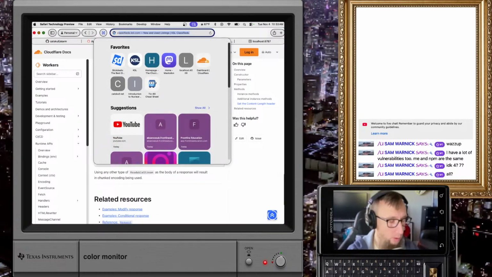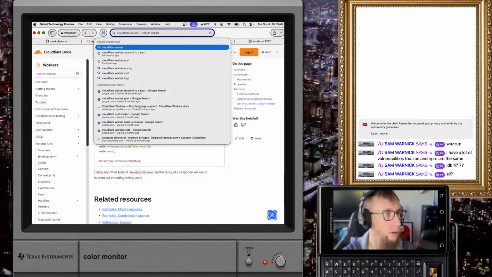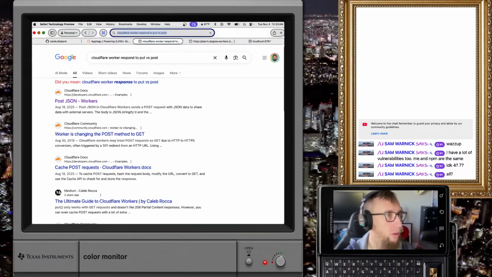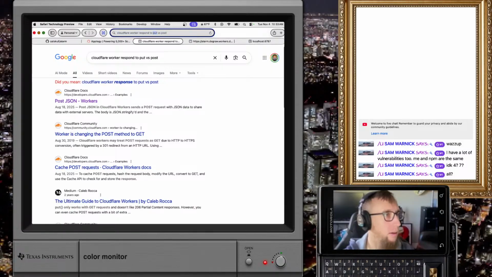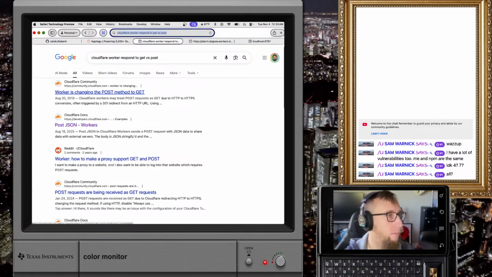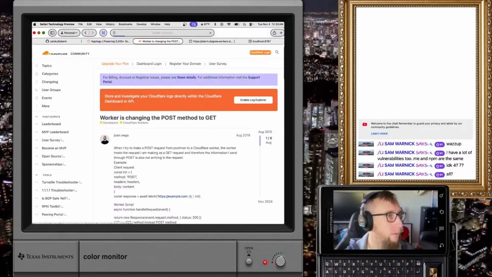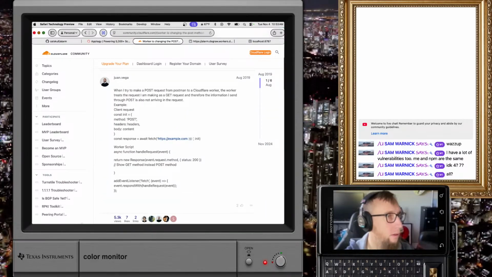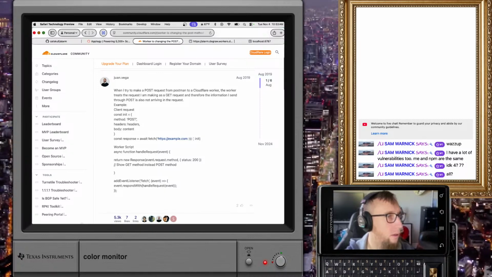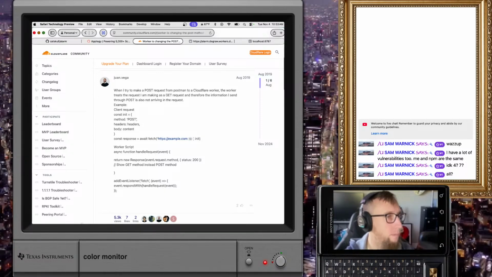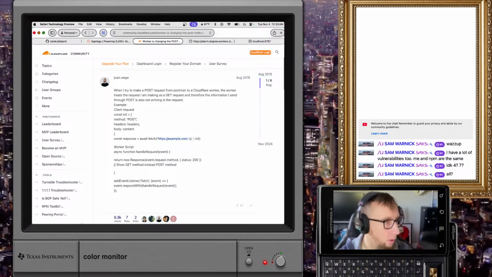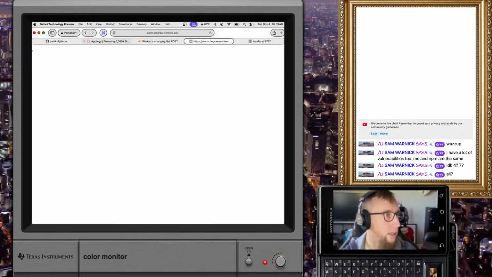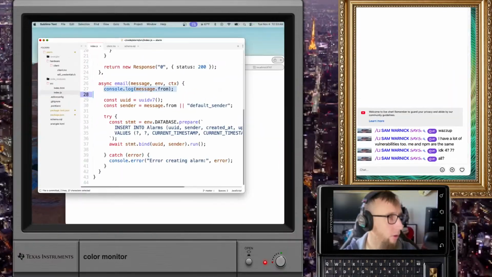I just want to look up how a Cloudflare worker responds to PUT versus POST or GET. Oh, event.request.method. This is why you could use Hono, but I'm not going to use Hono.